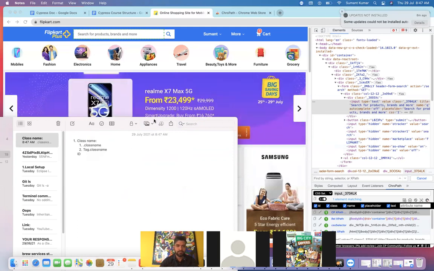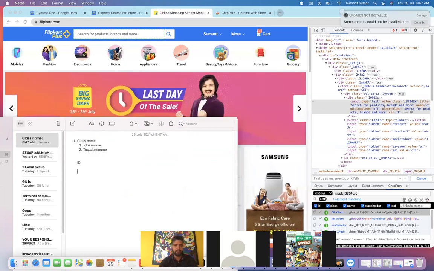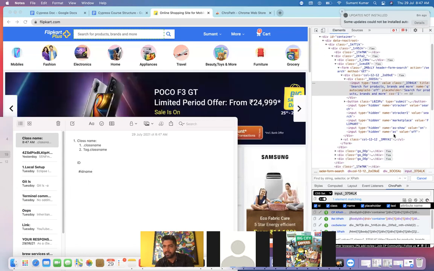Let's say I'm writing with the ID, so we need to write hash and the ID name. So this is the way of writing with the ID. We'll figure out if any ID is present for any element.